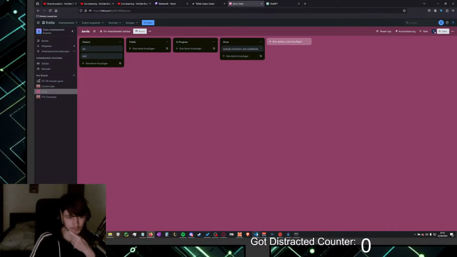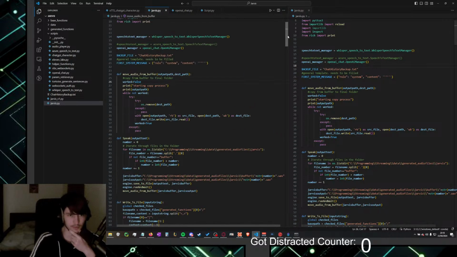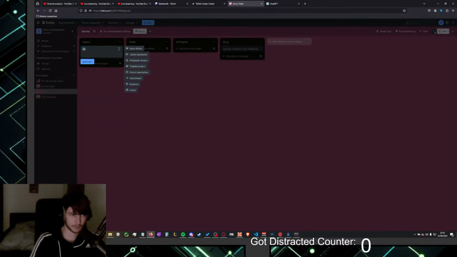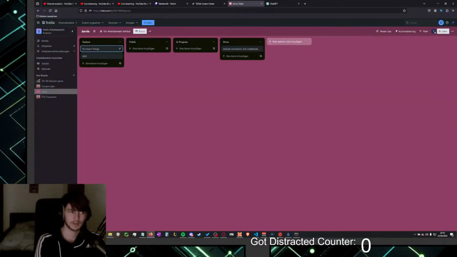So, there were some things that I wanted to do. Okay, let's write them down. First, I wanted to fix the import thingy. What I mean with that is, whenever it writes code to a file, it automatically gets imported.